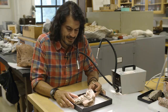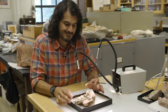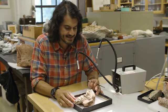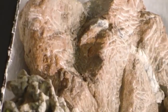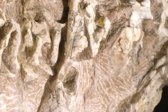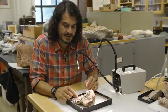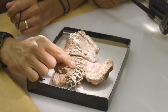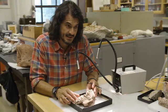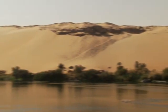When we study a fossil on a fossil site, we're not only interested in the bones and the traces themselves, but we're also interested in the geological context, how it was buried and what it was buried in. And in the case of this ancient snake from India, we can learn a lot just from looking at the sediments. So these sediments tell us that the dinosaur nest was made in the sandy margins of a river,